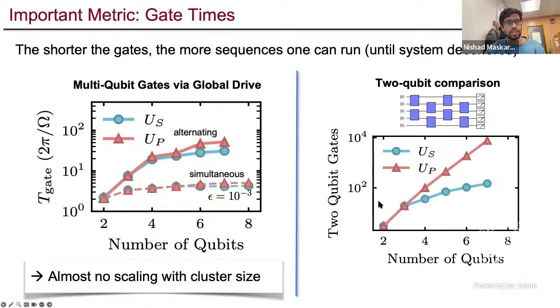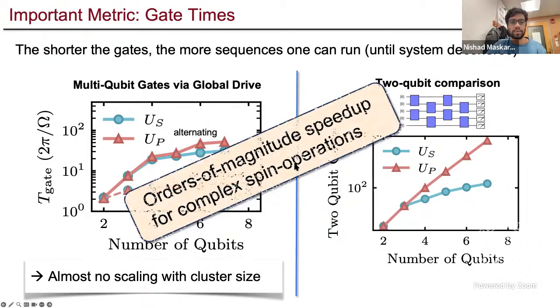So for example, here we're actually working with a log scale, and we see that these projection gates could, for 6 qubits, require on the order of 1,000 or even more gates to realize an operation that only requires a couple of local oscillation timescales. So these operations that we directly optimize using the native Hamiltonian could potentially provide orders of magnitude speedup for